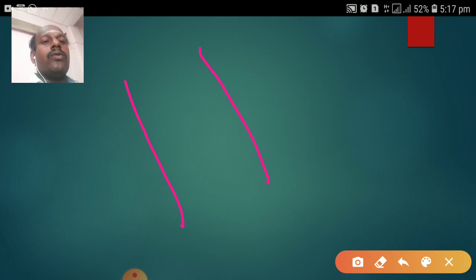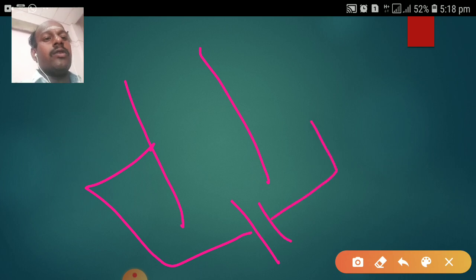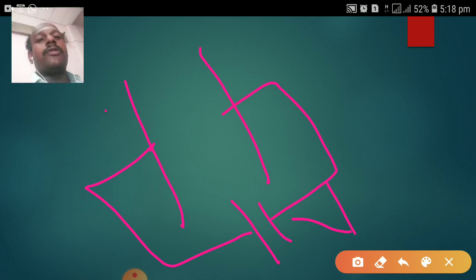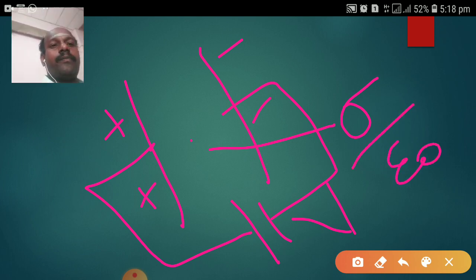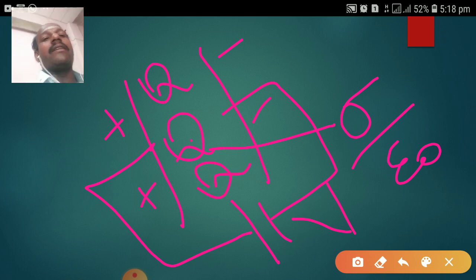Now let me take two plates. This is nothing but the capacitor, when both are connected to the battery. The battery will provide a certain potential V. This will be the positively charged plate and this will be the negatively charged plate. In between, it creates a certain electric field, that is sigma by epsilon naught. When it creates this electric field, it also produces a certain electric potential, and due to the potential, the amount of charge increases.